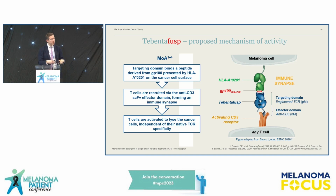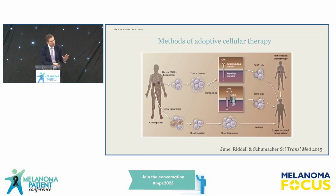And so if we give pembrolizumab, ipilimumab, and nivolumab, we think we have to rely on the fact that there's already a tug of war going on in the tumour. But in non-immunogenic tumour types that are invisible to the immune system, that is not happening. And so here, you are literally bringing the immune system to the tumour. So I just wanted to show, to finish, how we can use this. This is not a cell therapy, it's a fusion protein, but I'm going to show you how cell therapy can actually impact in tumour types that are less or not visible to the immune system, and this has implications for